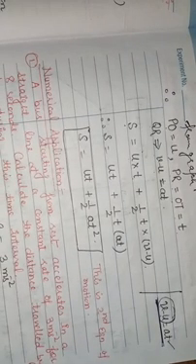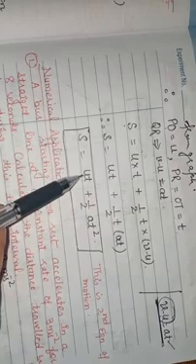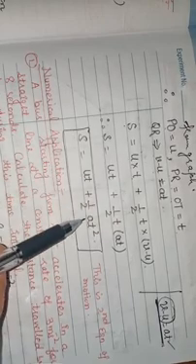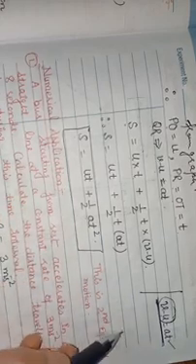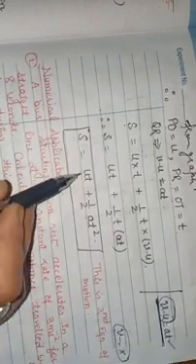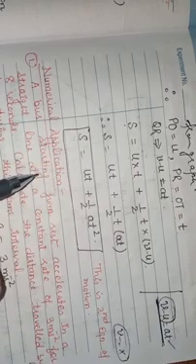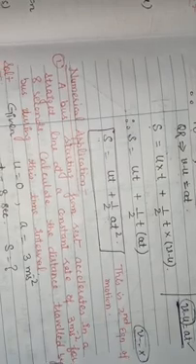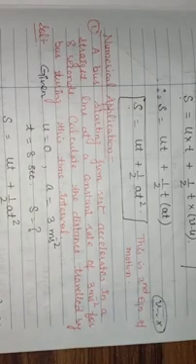In this second equation of motion, we can calculate the distance if initial velocity, time and acceleration are given to you. In this equation there is no need of final velocity v. If v is not given and you want to calculate the total distance, and acceleration, initial velocity and time are given, then you can calculate it using the second equation of motion. Now some numerical applications: how we come to know which equation is applied and how we can apply this second equation of motion.